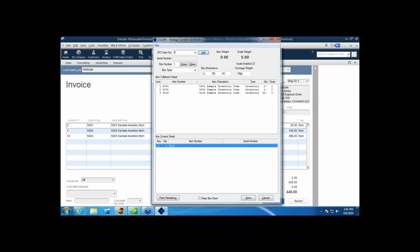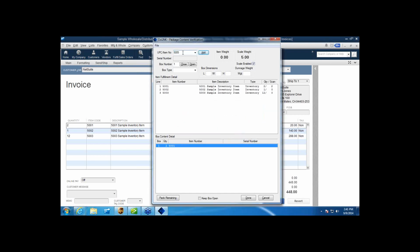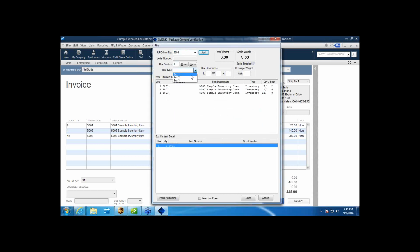Then for this one here, I'll go ahead and type in 5001 again. And then let's say I want to do 5005, which is not on this order. It's going to give that particular packer a notification saying, hey, this is not part of that order, you can't pack that. And we'll get into why this is important in just a second. But let's say they try to do another 5001. We've already met the fulfillment quantity for this particular order. So this particular item is ready to be fulfilled. So we'll go ahead and select the box and close this particular item out. For the next one, we'll just go 5002, enter, and we'll go ahead and pick box number 2 and close